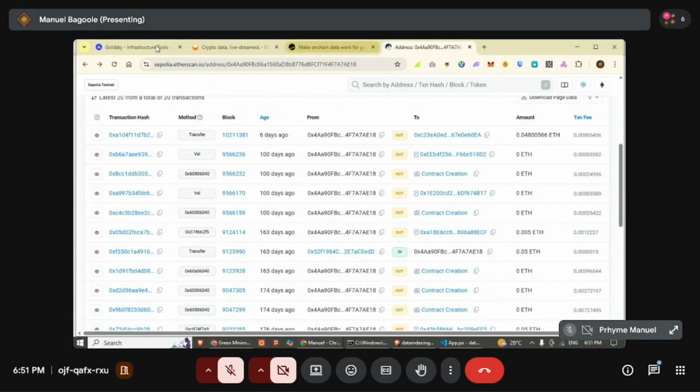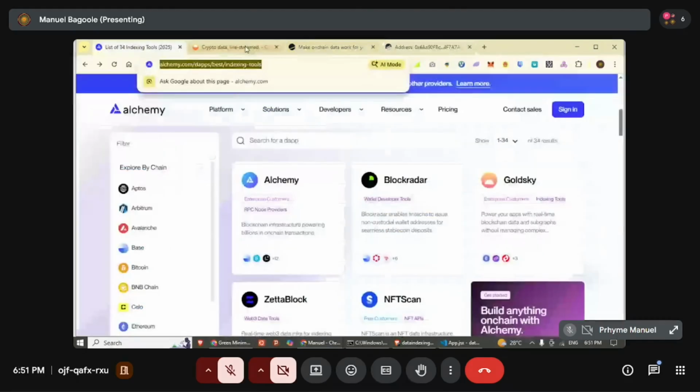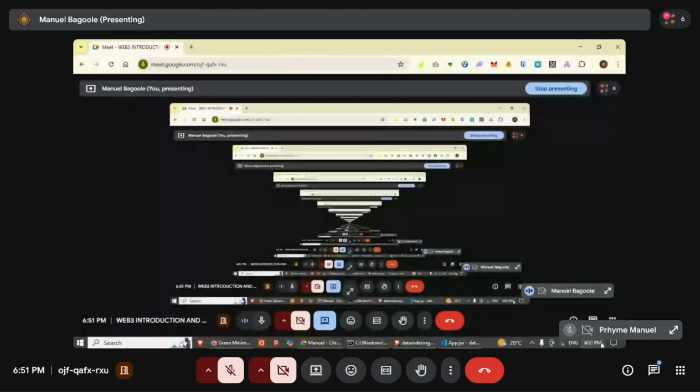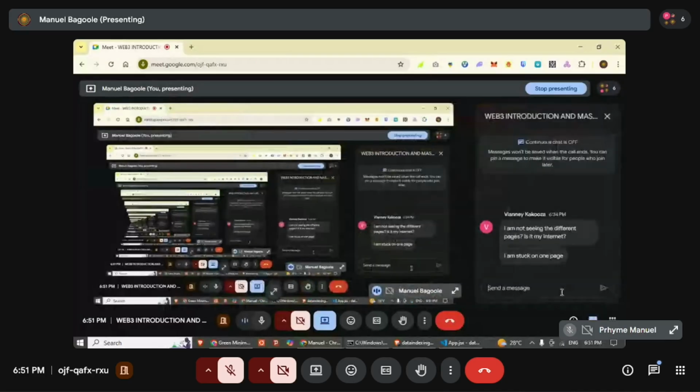Maybe let me share a link to this list of indexers that you could use. They are very, very important now that we're having a lot of information being transferred on chain. Institutions now becoming